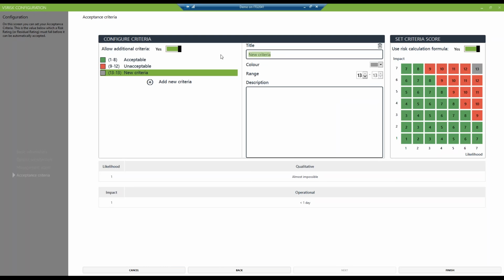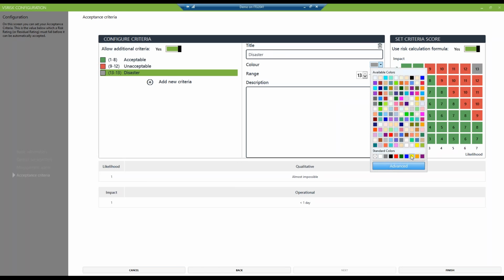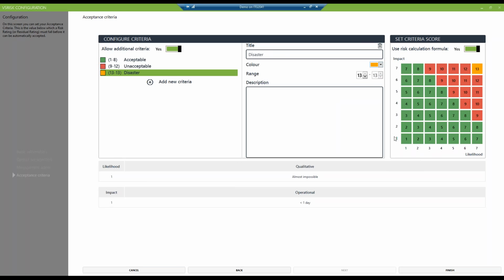Choose this. We can then rename this to be whatever we see fit or what we want it to be displayed as. We can then choose the coloring just so it's a little bit clearer, and then we can also modify the range over time. And again, all these options are available within the settings menu, so it is something you can modify after the fact of starting your risk assessment. You'll then have the description as to what actually classifies something as a disaster within your criteria range. So we will select finish,